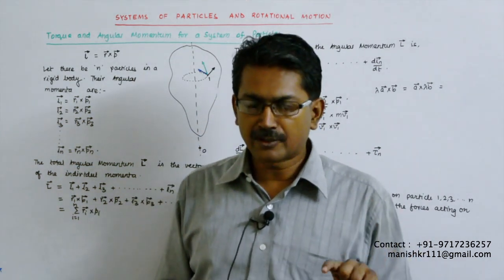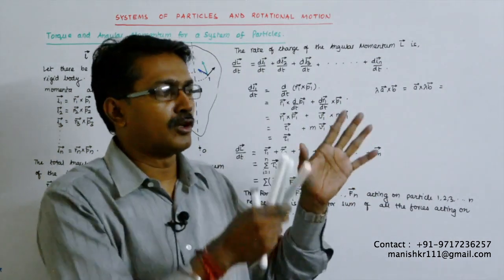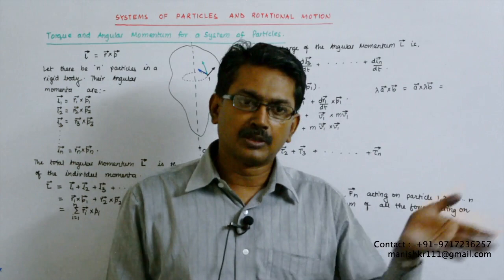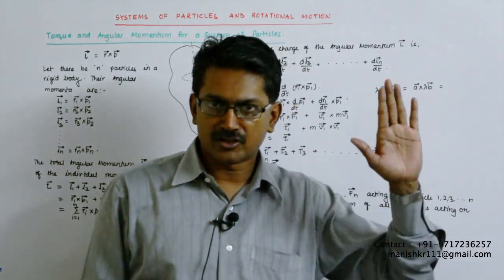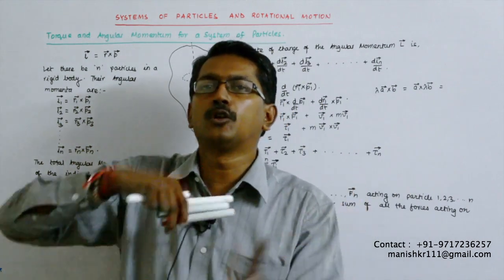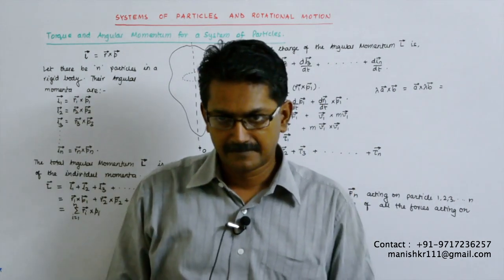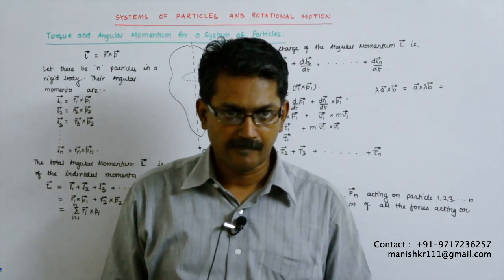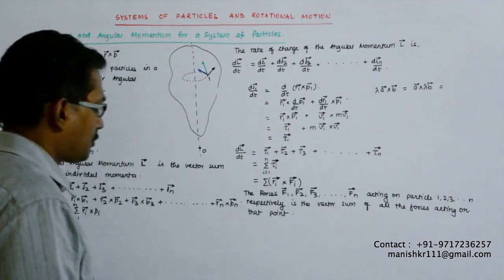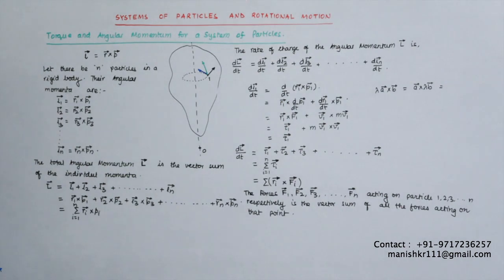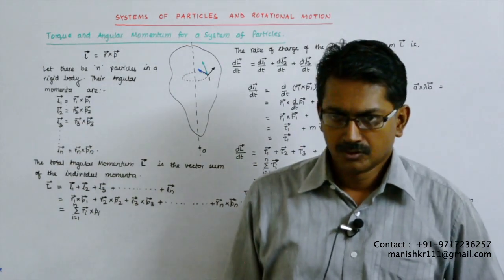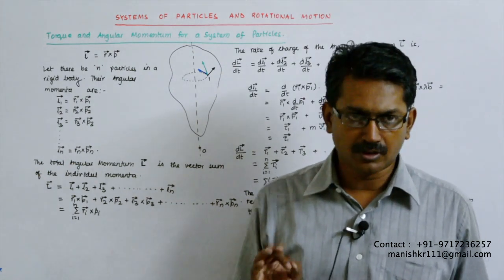So what I'm trying to say is, if the sum total of all the forces is trying to push or pull the particle in some direction, say perpendicular or in this direction, then the whole thing will start rotating like that. Understand? So it is that. Now all these forces, F1, F2,